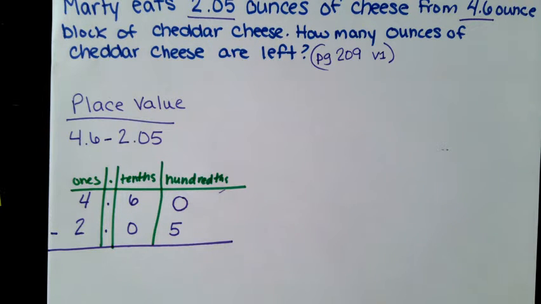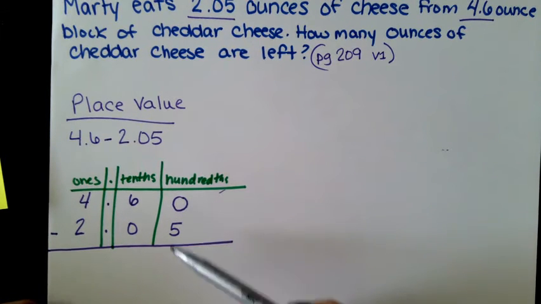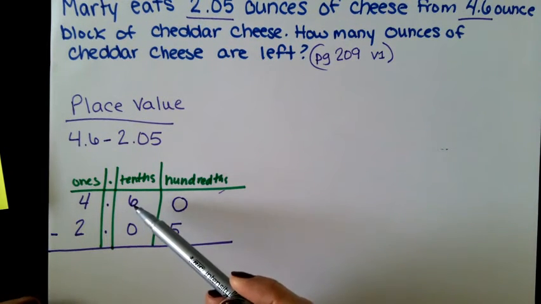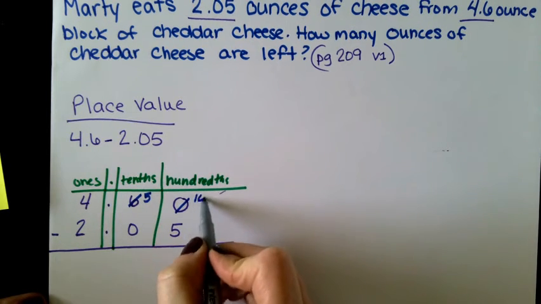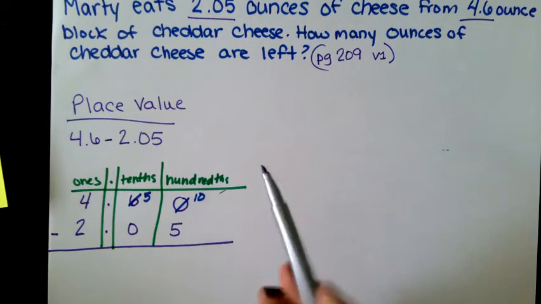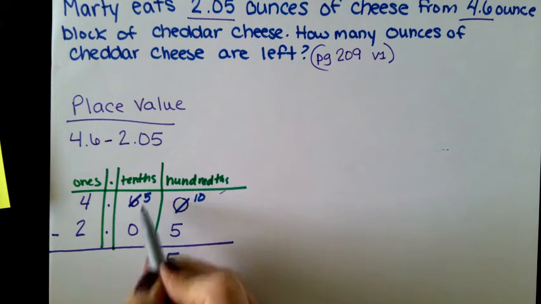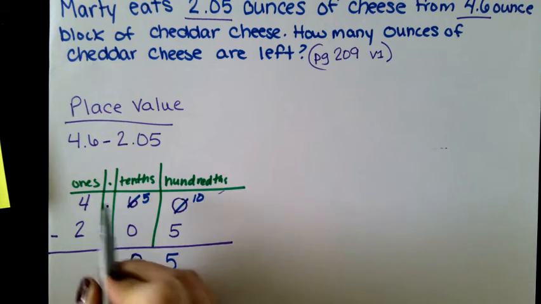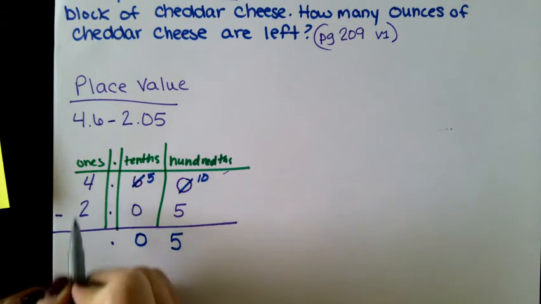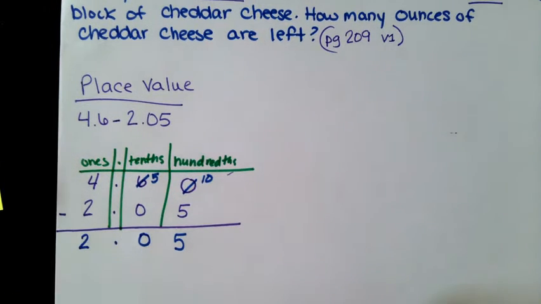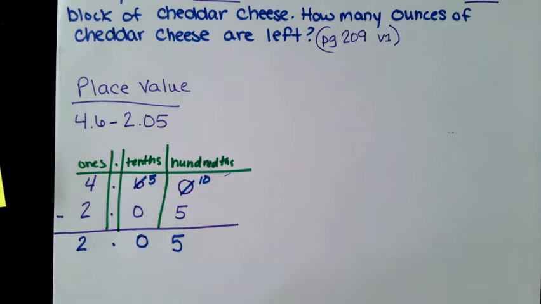So now I'm able to subtract, and this is the exact same as when I would subtract whole numbers. I see that the 0 and 5, I can't take 5 away from 0, so I must go to my other place value and borrow. You're borrowing a whole group of 10, so this becomes 10. 10 minus 5 is 5. 5 minus 0 is 0. I bring down my decimal, very similar to what I would do if I was adding. And then 4 minus 2 is 2. So, therefore,